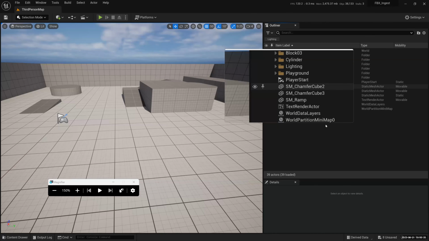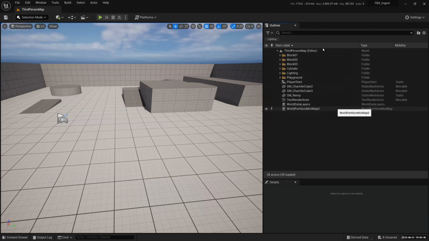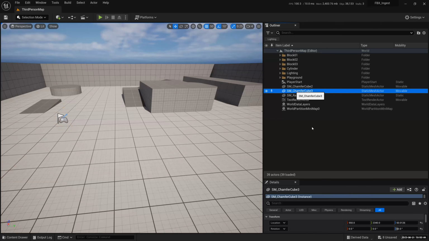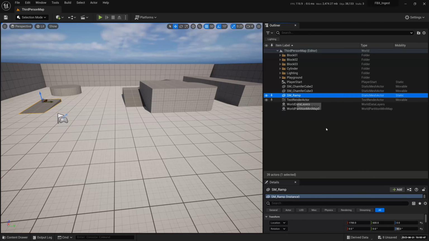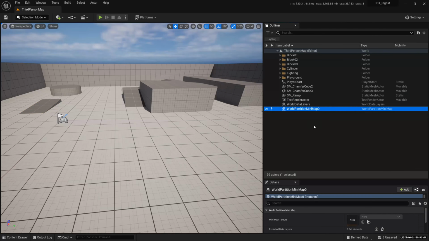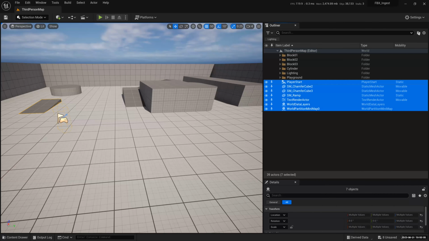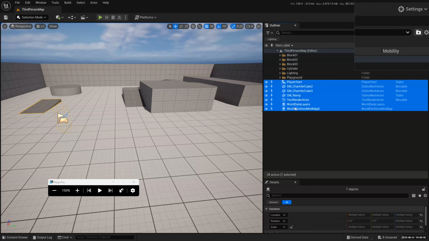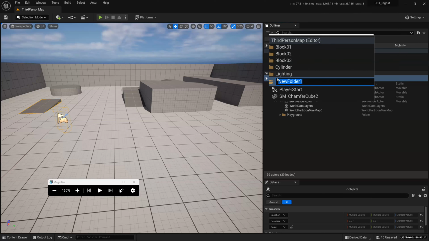The other thing you can do is put things into their own folders, which is kind of cool. If I have a couple of things here which are strays and I don't know where they come from, I want to put them in a folder. The fastest way to create a folder is to select the items first, shift select, and then click the little folder icon on the top right corner. You see this little plus icon with the folder? That's putting them into a folder. When you select them, Unreal Engine will automatically put them into a folder. If I click that, there you go, a nice new folder. I can name this one MISC, miscellaneous perhaps. Then you can shut it down.